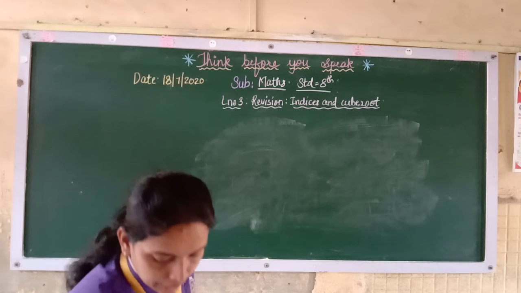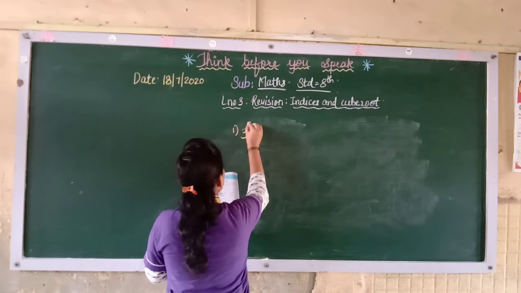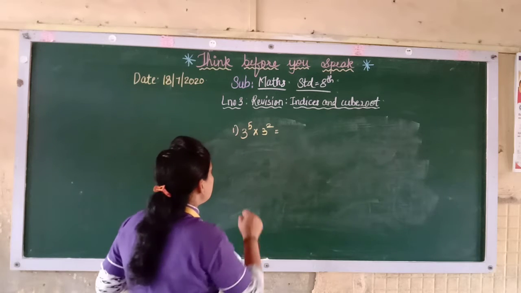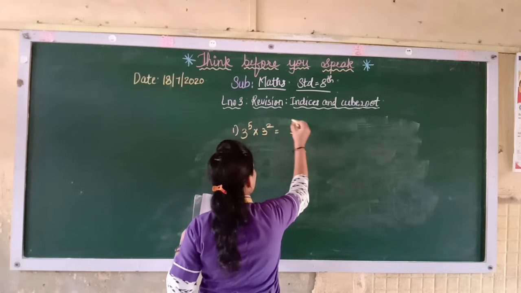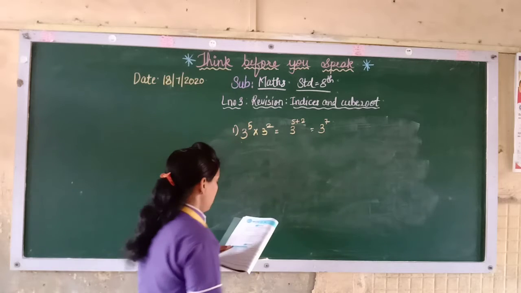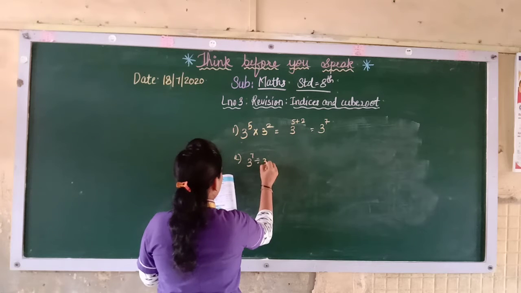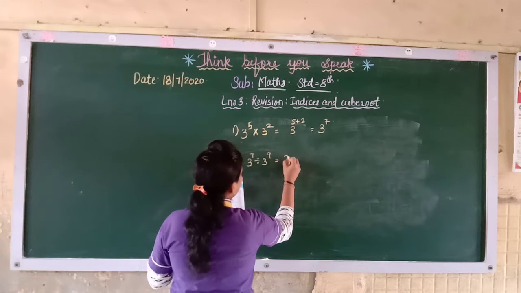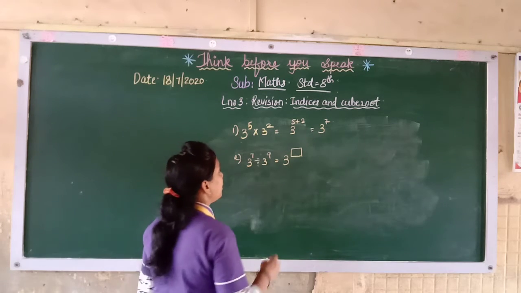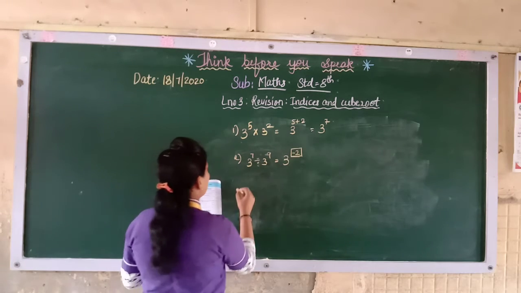Now for example we will take, see here, the first one is 3 raised to 5 into 3 raised to 2. Now what you will get over here, see it is multiplication, you will take a common base and on the upper side you will do 5 plus 2. So here you will get 3 raised to 7. The second one is 3 raised to 7 divided by 3 raised to 9. So what you will get here, 3 raised to what, it is division, so you have to subtract. 7 minus 9 is 2, but it will become minus 2 because the greater number's sign is minus.